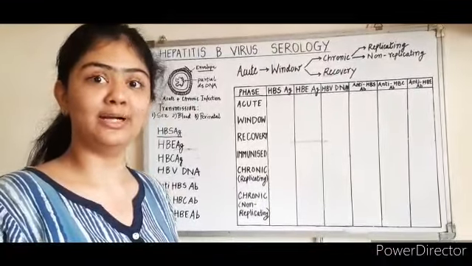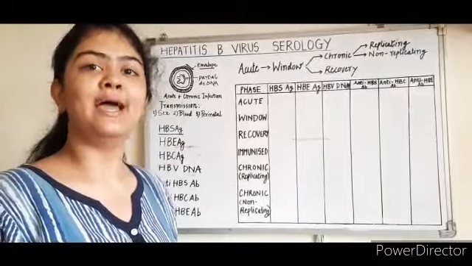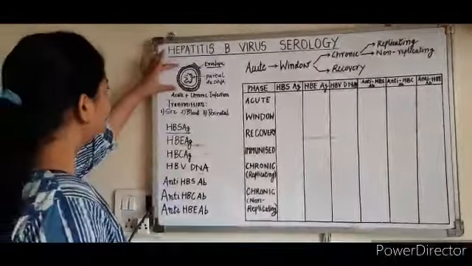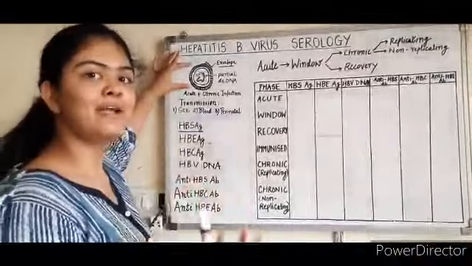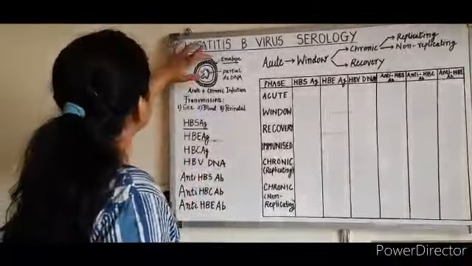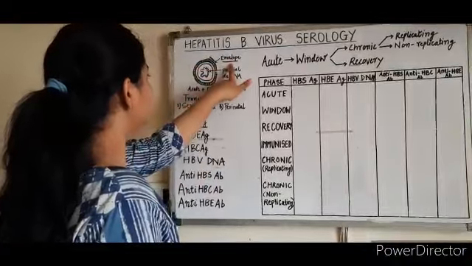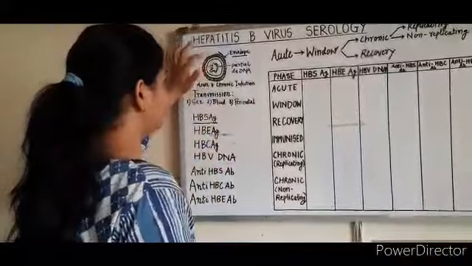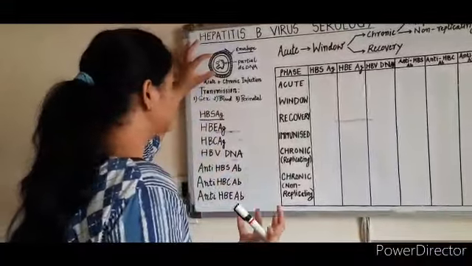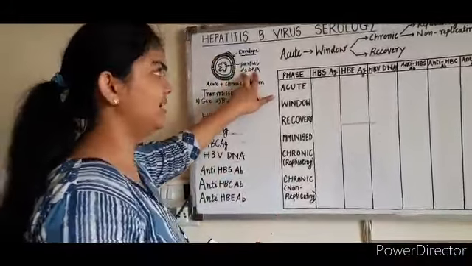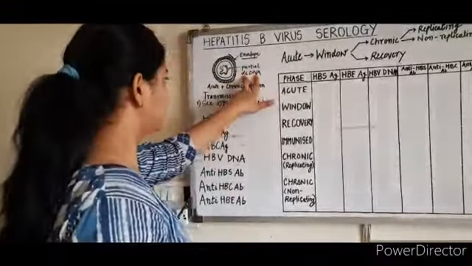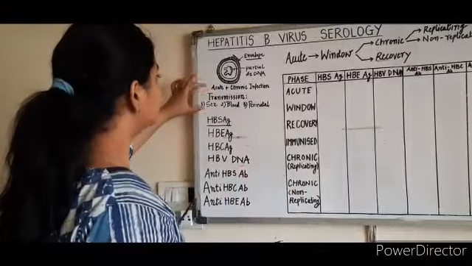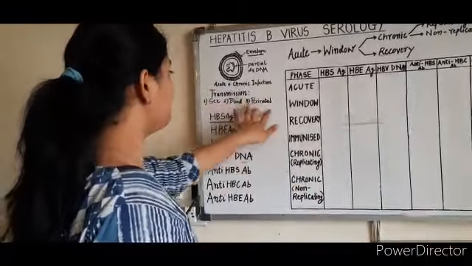Today we will be learning the topic Hepatitis B virus serology. Before we actually dive into the topic, we need to know the structure of the Hepatitis B virus. Hepatitis B virus is an enveloped virus, as you can see it here. Inside the envelope lies the nucleocapsid, and that protects within itself the partially double-stranded DNA of the Hepatitis B virus. Hepatitis B virus can cause both acute as well as chronic infection and is transmitted via sex, blood and perinatally.